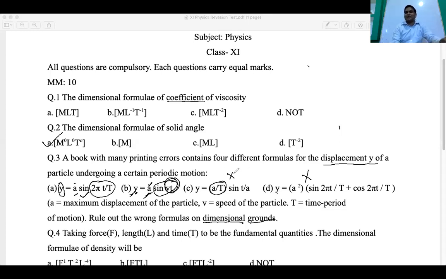If we are selecting more than one, you can also say this is also. So among 4 different formulas, the most appropriate answer. Here it should be that you have to find out the correct formula, but wrongly it is written as rule out the wrong formula. Because 3 are not correct, the first one is correct. Okay. Now coming to the other one, let me erase this.